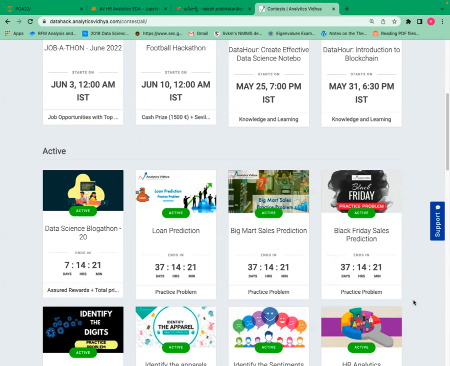You can open Google Colaboratory. Google Colaboratory is the online version of